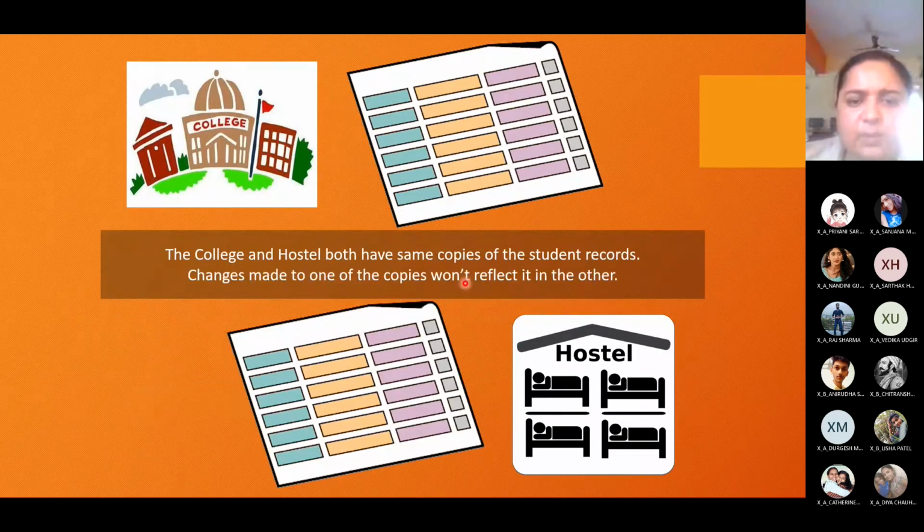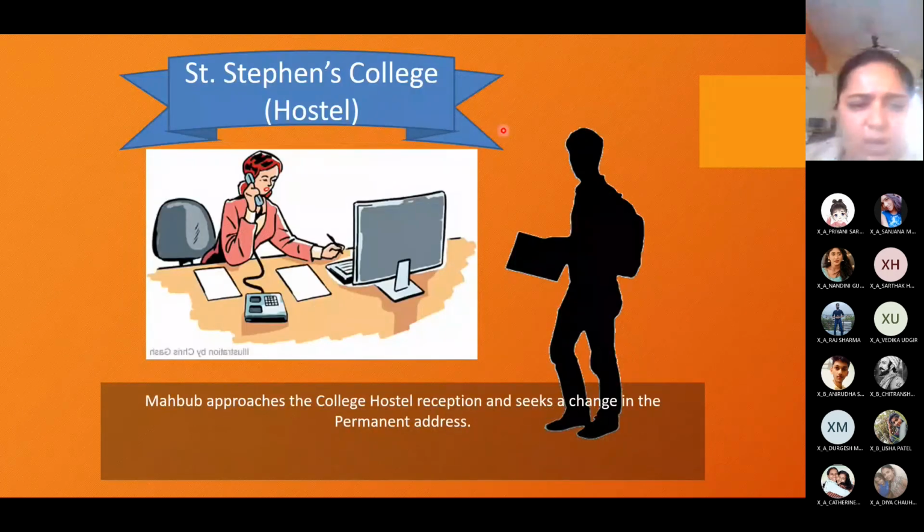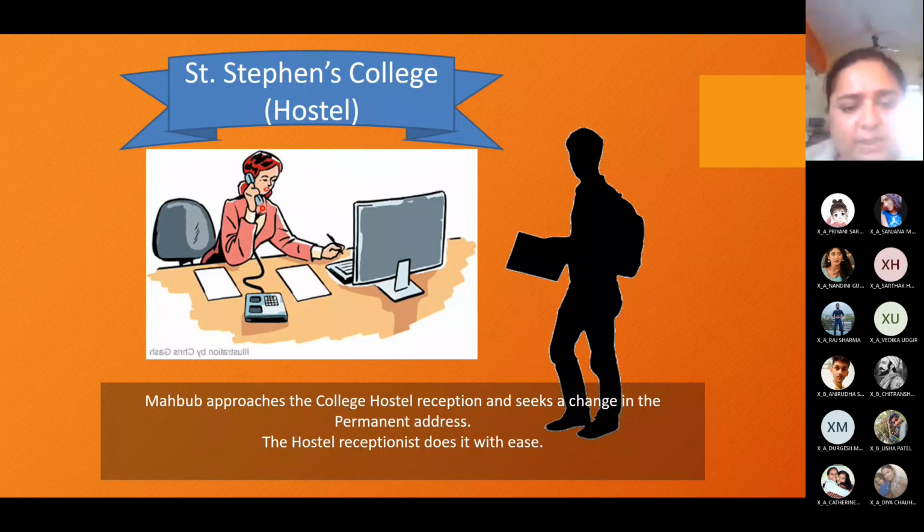Now the college and hostel both have two separate copies of the student records. If the change is made in the college copy, it will not show in the hostel copy. And if the change is made in the hostel copy, it will not show in the college copy. So now he approaches the college hostel reception and seeks a change in the permanent address. He says, ma'am, I need to get my permanent address changed.